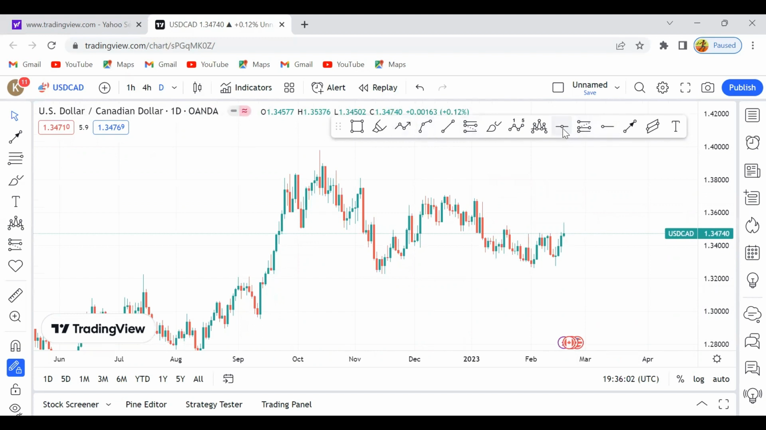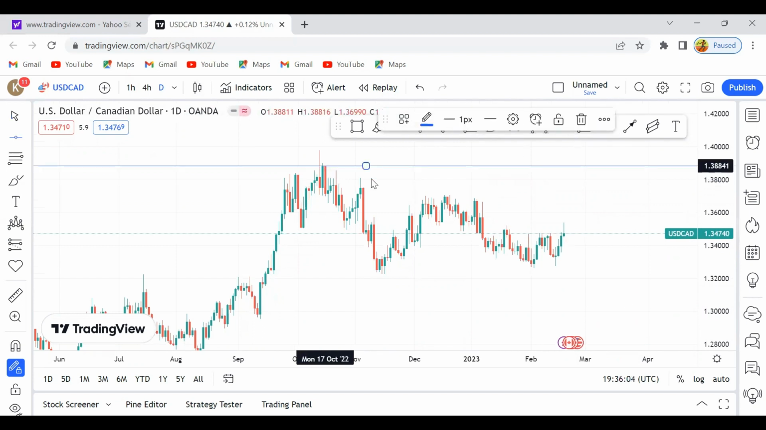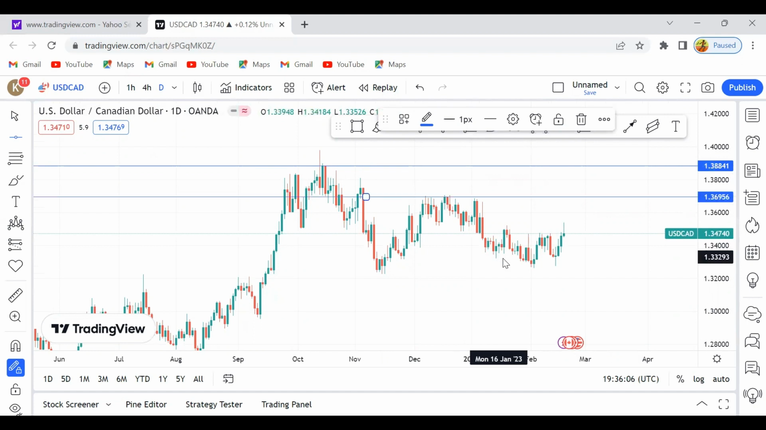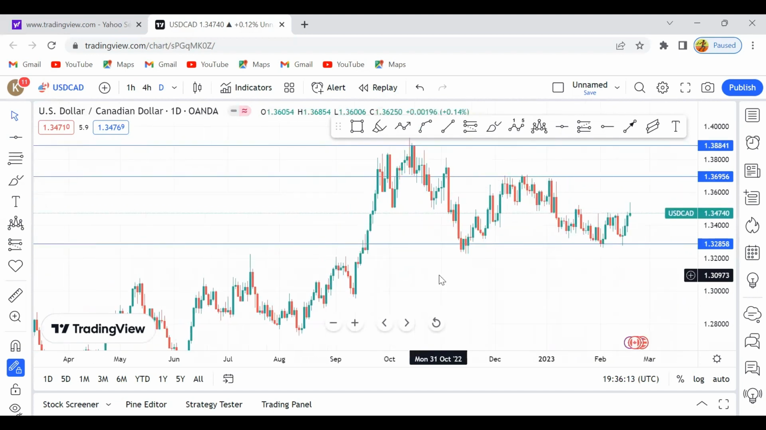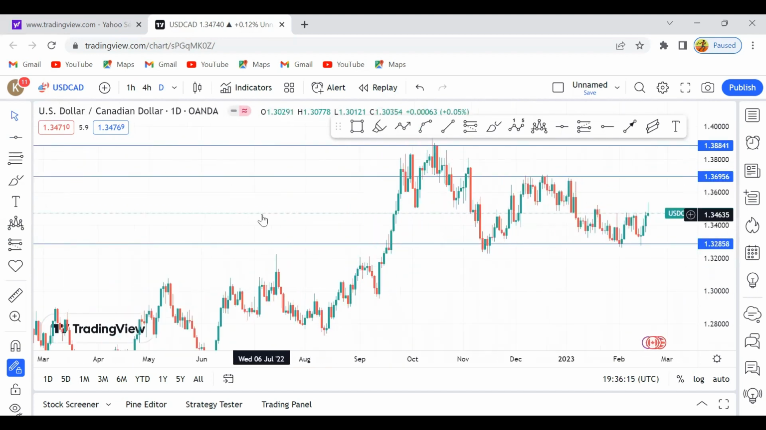Okay, so let me firstly highlight these 2 or 3 levels here which I'm seeing. Okay, so since I'm seeing these 3 levels here, let me